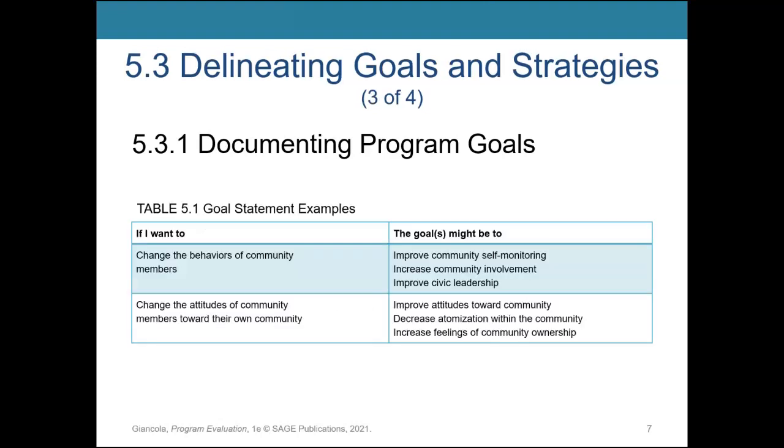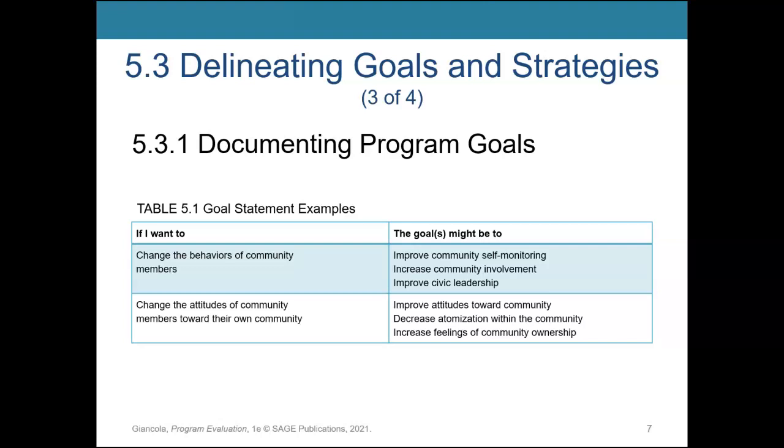So some examples of goal statements. If you want to change behaviors of a community or community members, your goals might be to improve community self-monitoring, increase community involvement, improve civic leadership. If you want to change attitudes of community members, you might improve attitudes toward community, decrease atomization within the community, increase feelings of community ownership. So notice how these are very broad, big outcome statements,